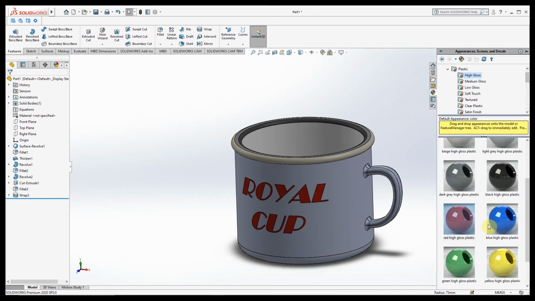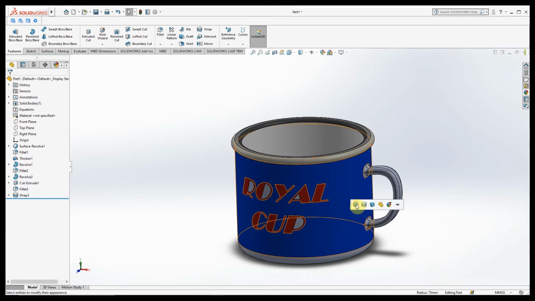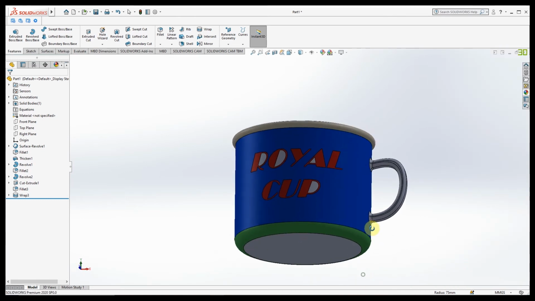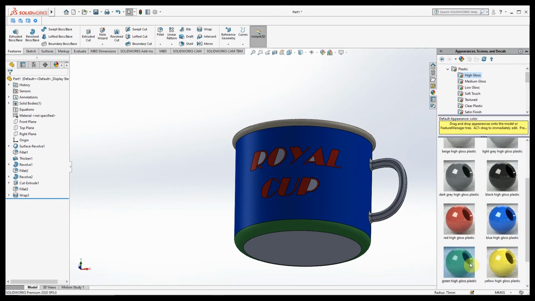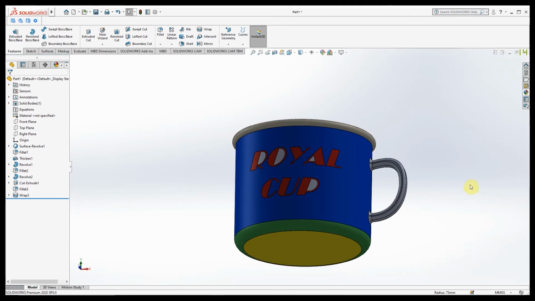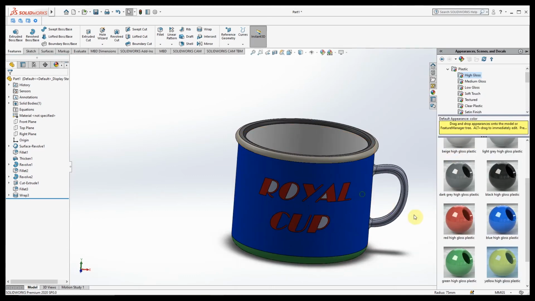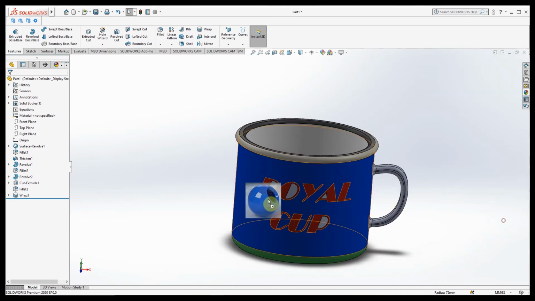I added the color. Now we will add some more colors to the outside surface. For the bottom side we will select a different color, because let's see what happens. Here you don't actually need the color, because nobody will see the downside, right? In the middle you can see, right?